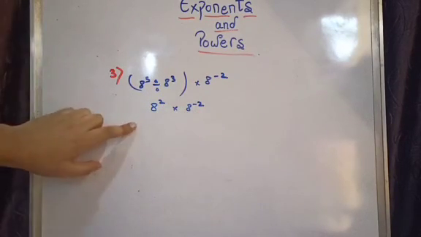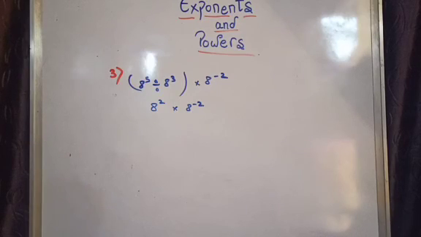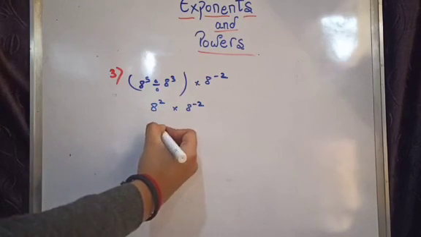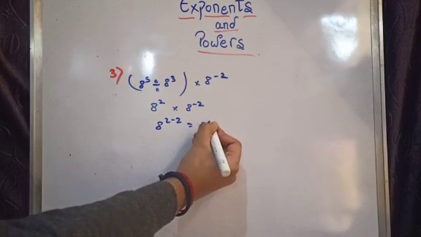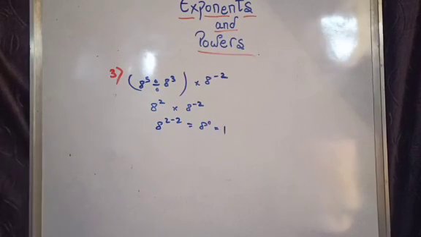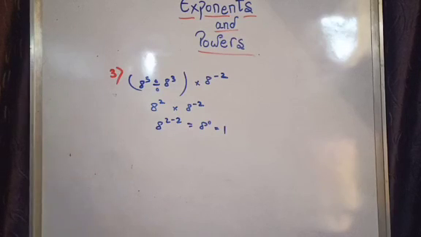This law I have also told you: x to the power of m multiplied by x to the power of n will result as x to the power of m plus n. So it will result as 2 minus 2, and it will be 8 to the power of 0, which results as 1. So the answer of this one also came. So we have solved our third question also. We have solved our first, second, third, and now only the 4th question is left, and we have also learned the concept.